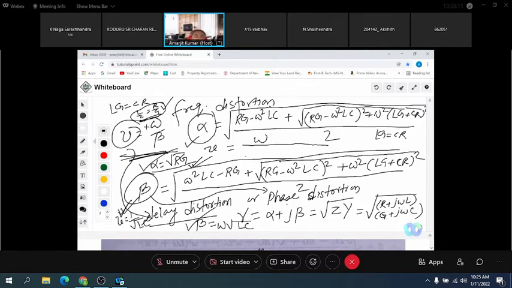Now the question is, is it really easy to design a transmission line which satisfies this condition of a distortion-less line? This is the condition for distortion-less transmission line. Remember it. So many times in GATE they have asked Lyc is equal to Ryg. Four options will be given, confusing options. So the question is, is it really easy to design this type of transmission line with Lyc equal to Ryg?